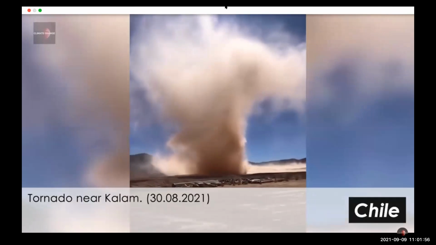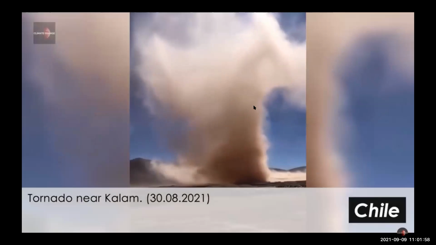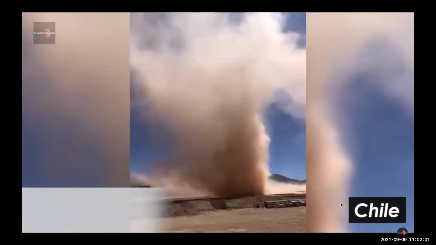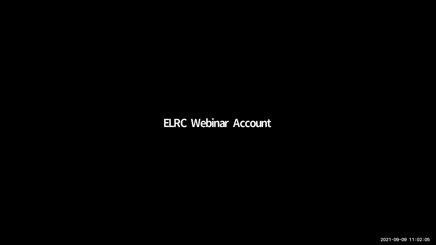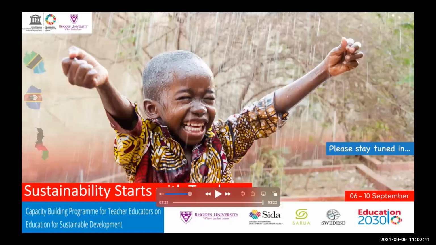Tornado near Kollam. Fall in Hillcrest Town, Durban City. These videos were sent